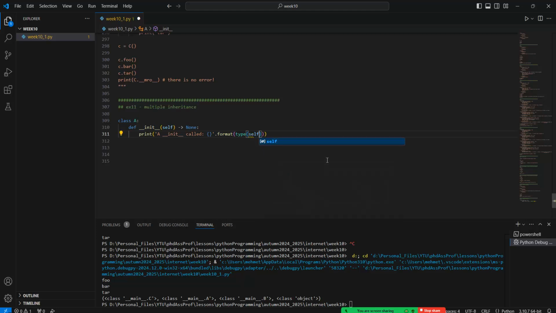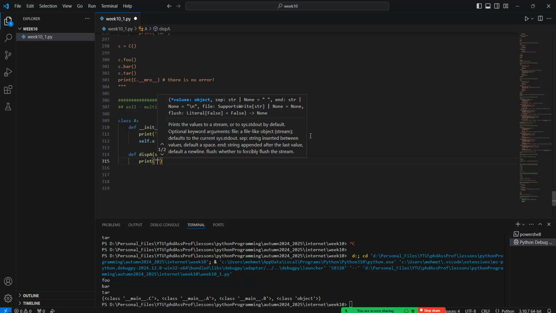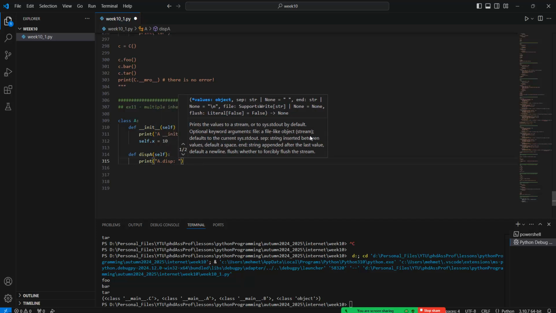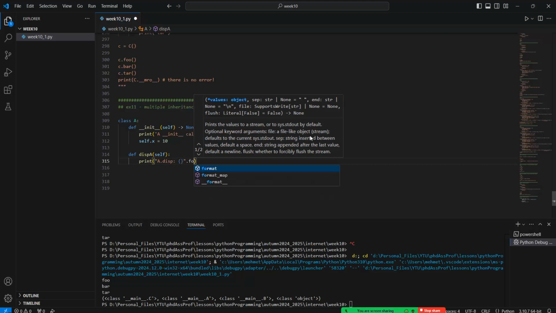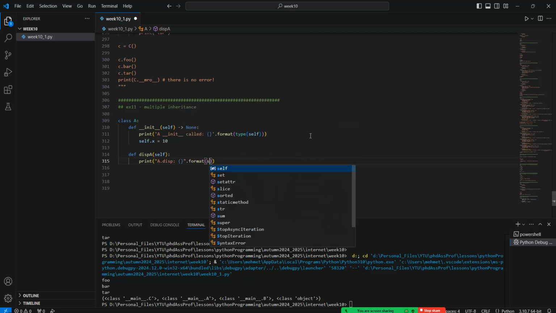Just remember the type function in here. Type returns the type of the variable, and so self has possessed what? The variable of A. Okay, and so self.x can be assigned with 10. And after that we can create the print in this function, which returns the value of self.x. Okay,